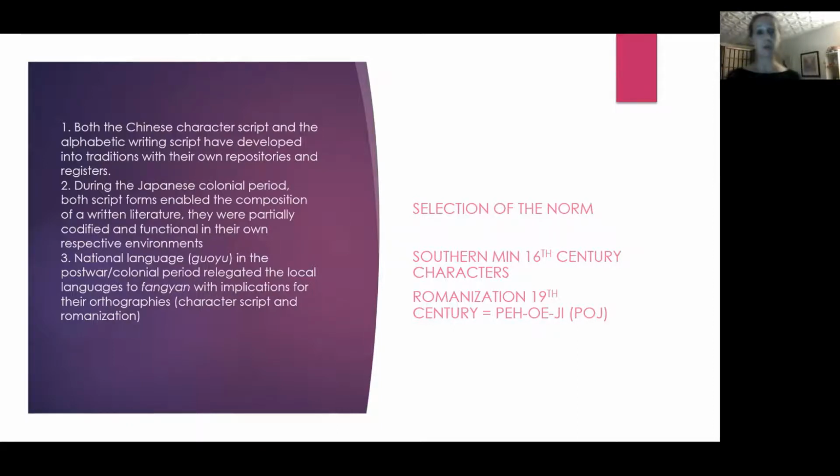So we actually have two scripts. We have a character script and we have an alphabetic writing, and they both developed their own traditions. They had their own repositories and registers on which they could fall back. And during the Japanese colonial period, both scripts enabled the composition of written literature,